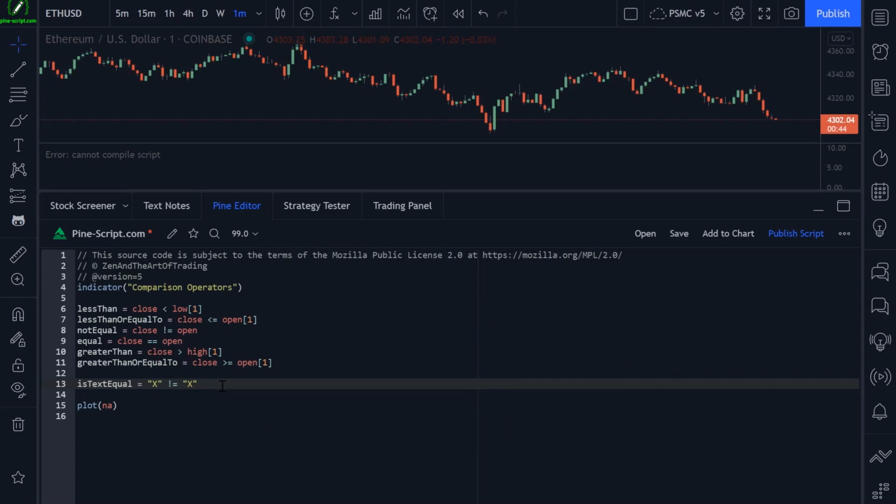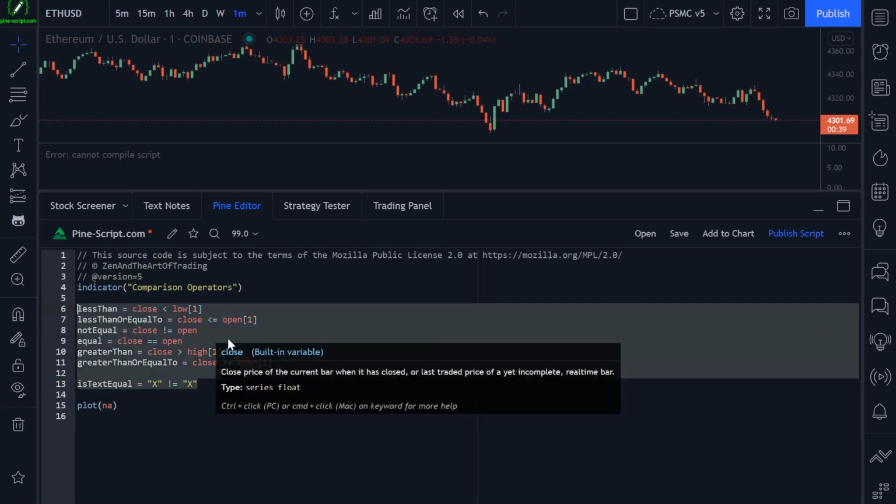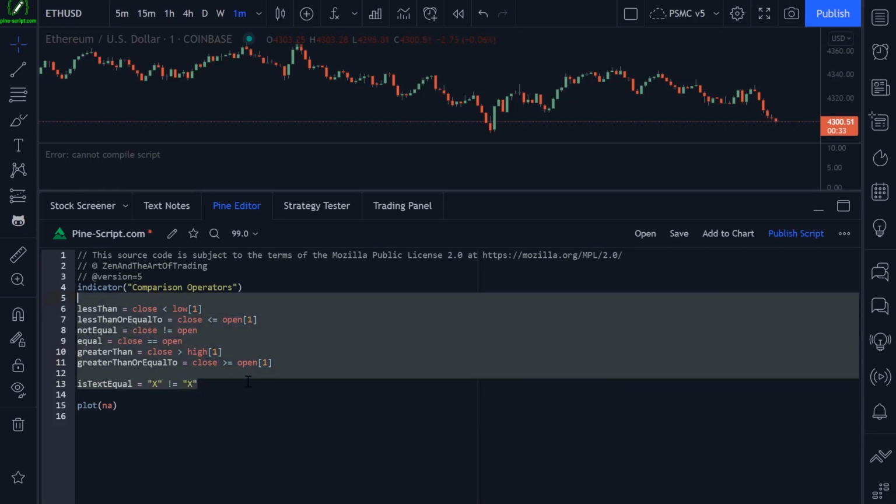And that brings me to the end of this lesson. We will be using these operators very, very frequently in all of our scripts. So if you're new to PineScript, if you're new to coding, you might want to watch this lesson a couple of times until this information sinks in, because we will be using these operators in all of our